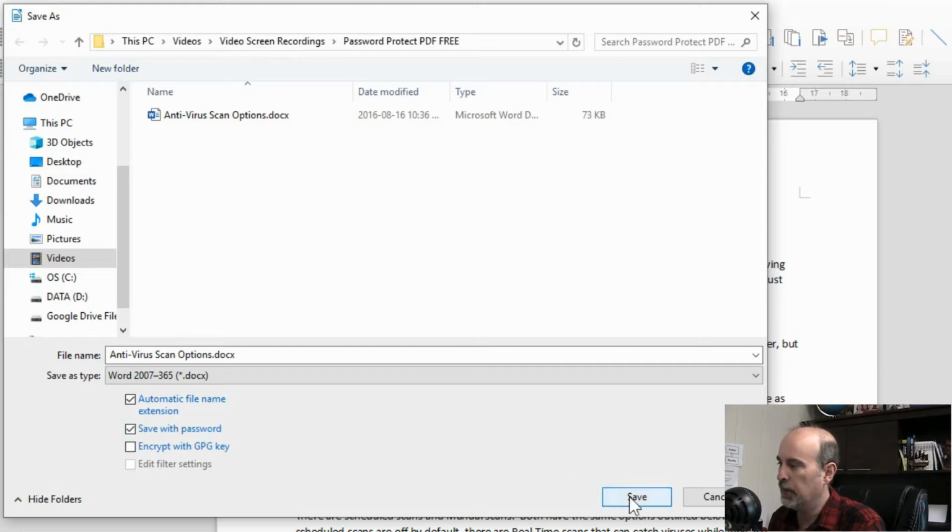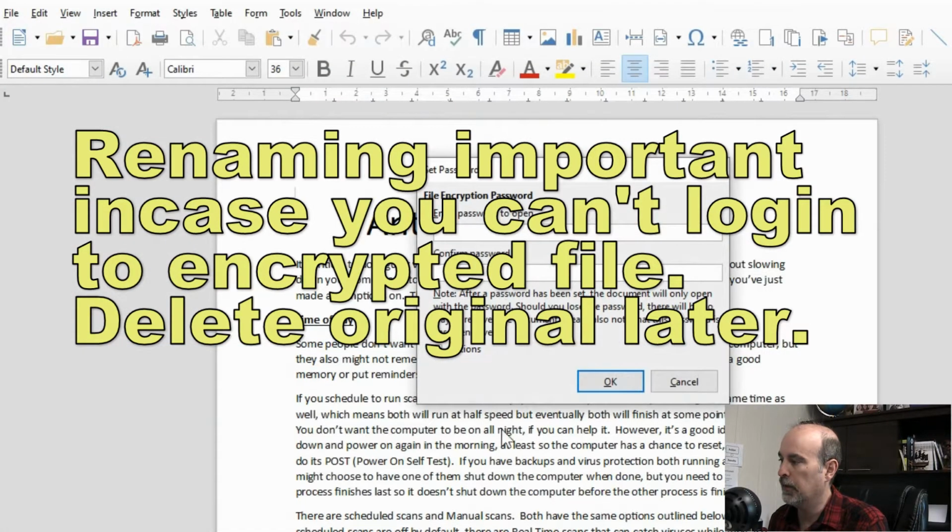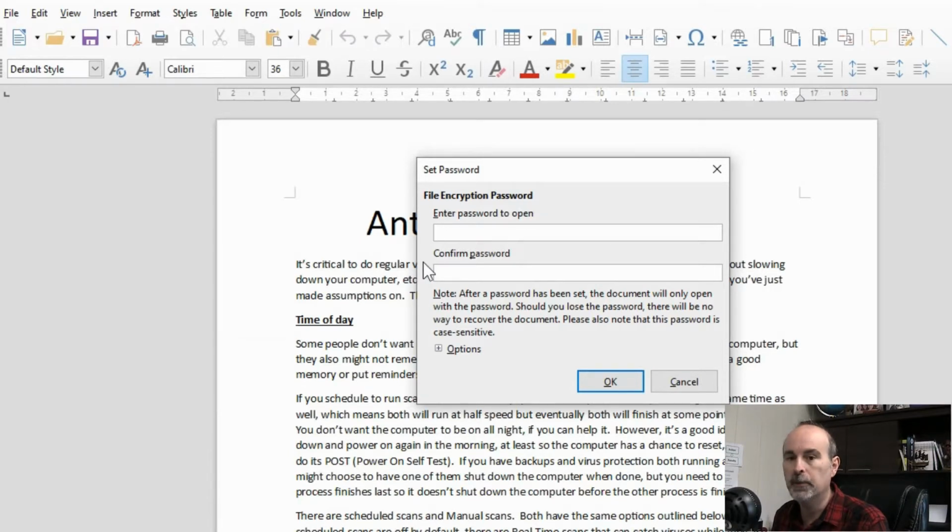We're going to save with a password, and we again change the name and save, and now we enter in the password.